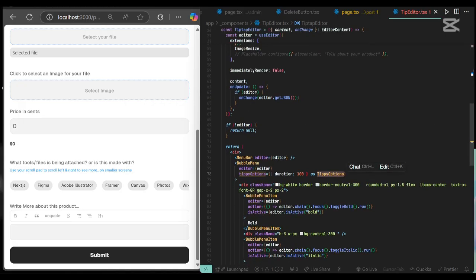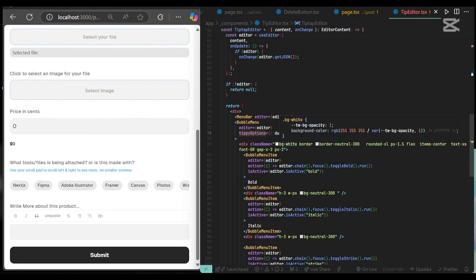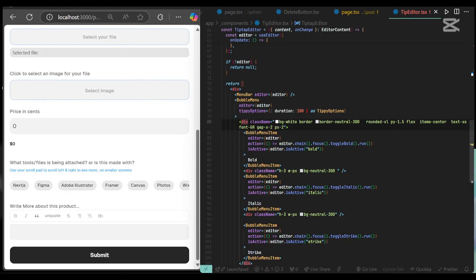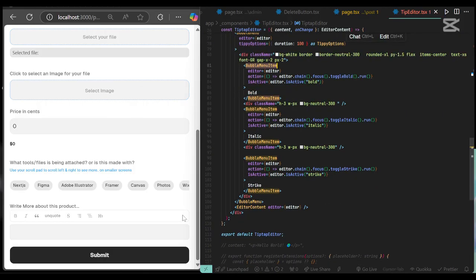So we are passing it, giving a duration of 100 for it to come up, and with this bubble menu we are passing the editor props as well down there. So here we are customizing the button. Here we have this bubble menu, and the bubble menu basically is just for